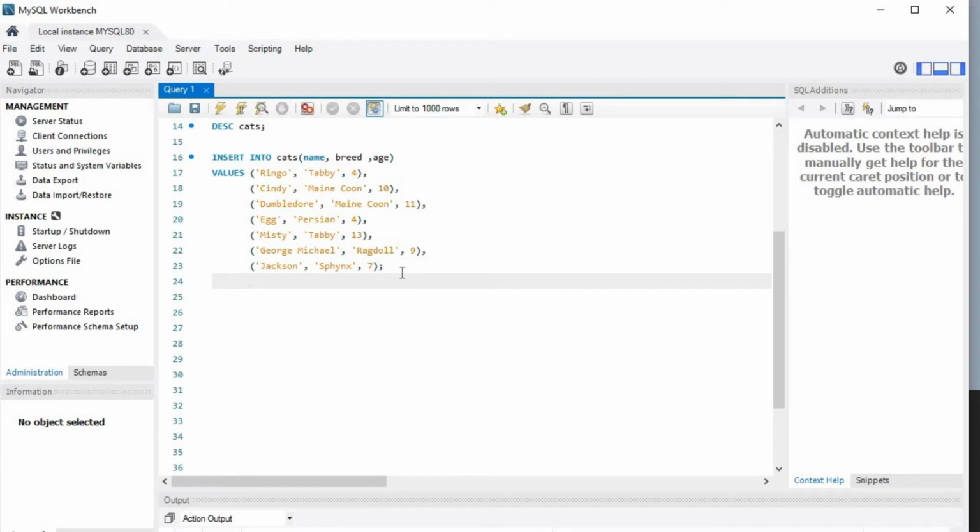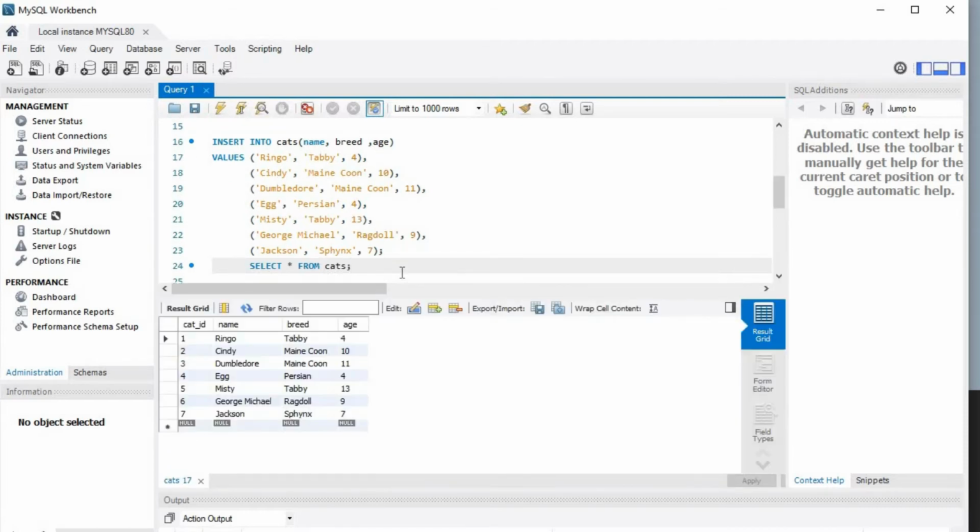Okay, now select star from cats. Let's see this. Okay, now everything has been inserted. Fine, inserted here. So we have prepared our data, and now we will move to